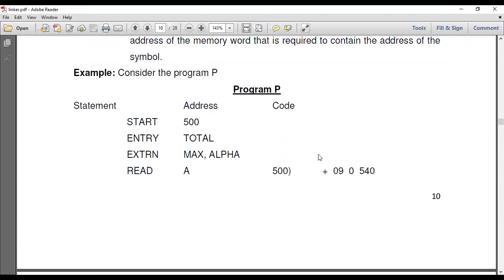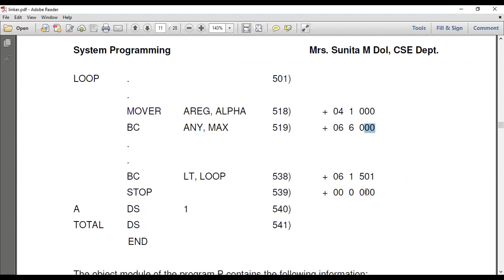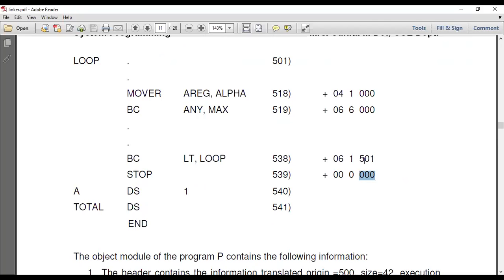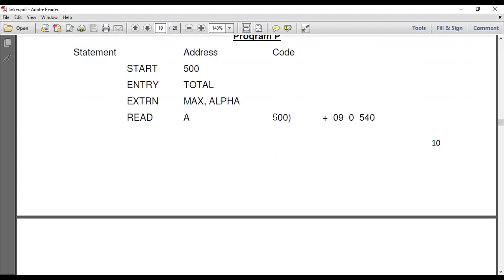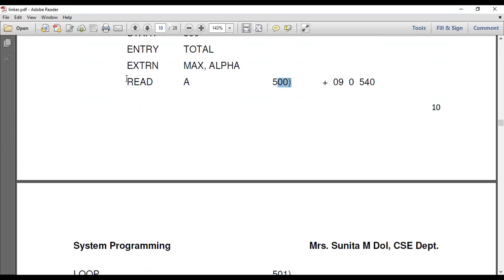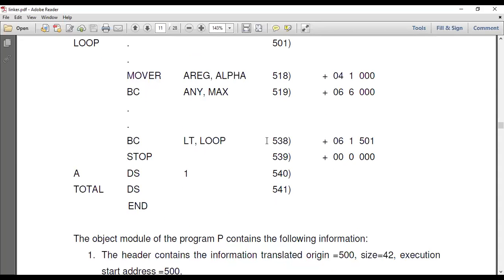The rest all have 00 in the address field. So only two instructions have addresses: the instruction at 500, which is read A, and the instruction at 538, which is the BC branch condition, which maintains the address 501.